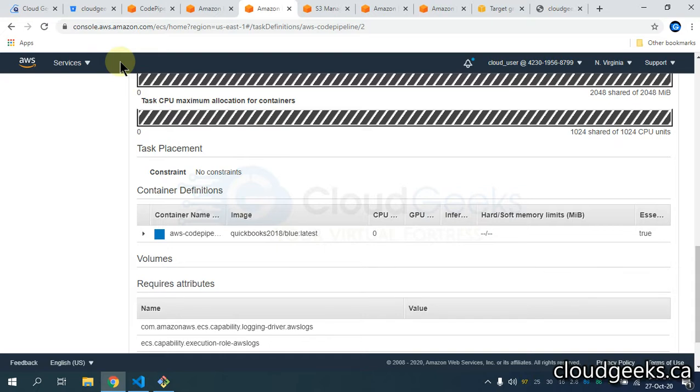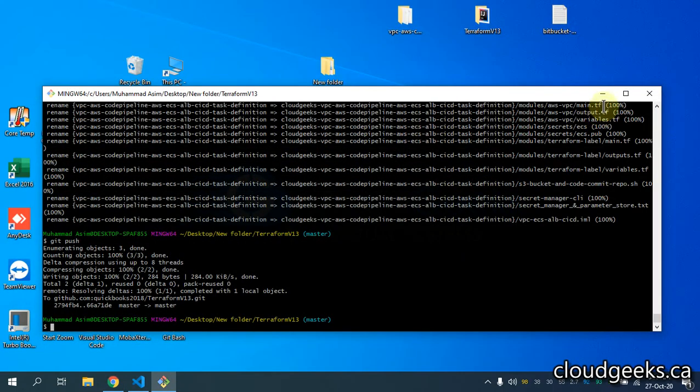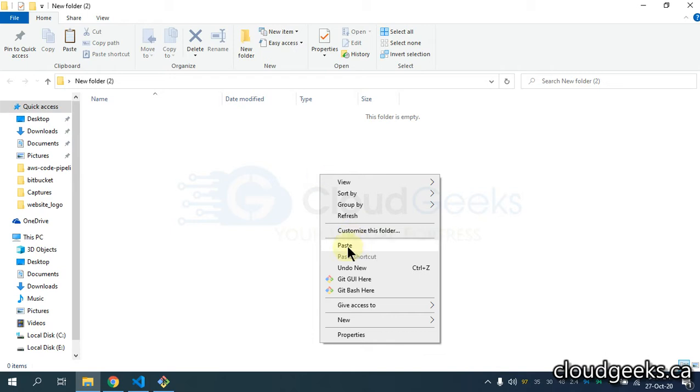I've pushed it to my code pipeline. So I'm going to do a new commit, and I'm going to show you that this version is going to be changed. I thought I've put the green one. So let me show you that zip as well. So guys, this is the new folder.